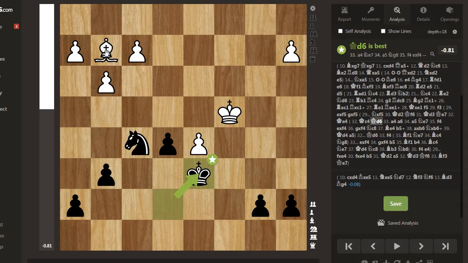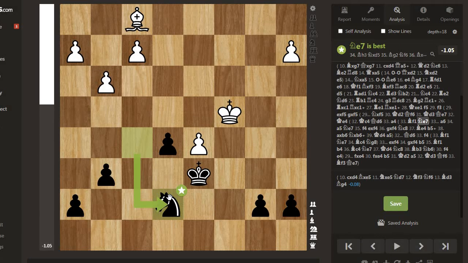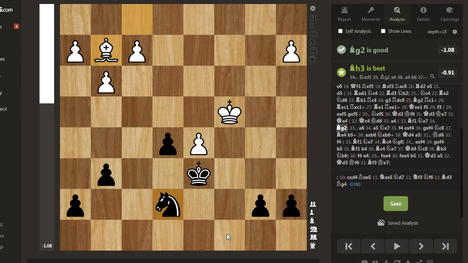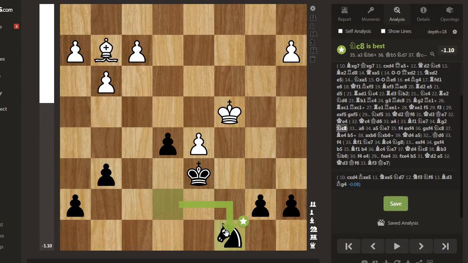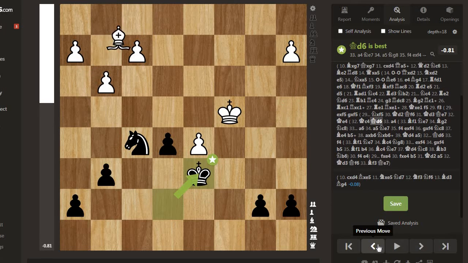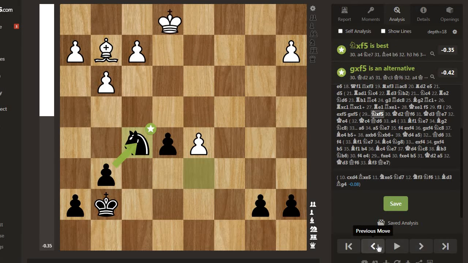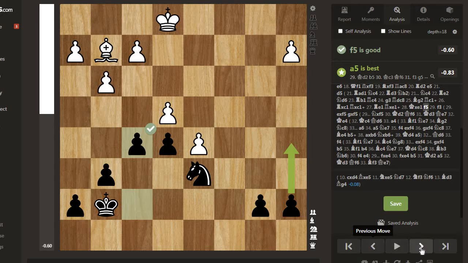If at all black plays bishop f1 instead of a4, then knight to e7, then bishop to g2 again, and knight to c8, and knight b6 wins a pawn here. So e takes f5 is not that good, and after f3,